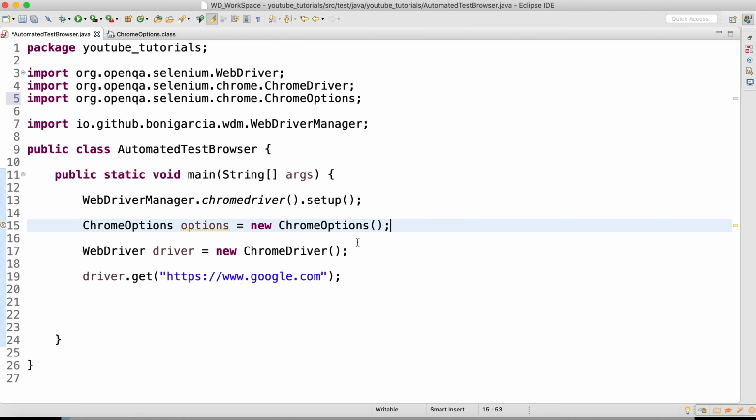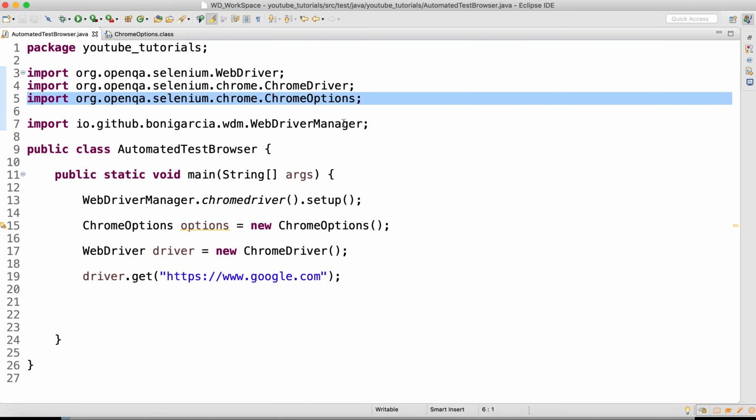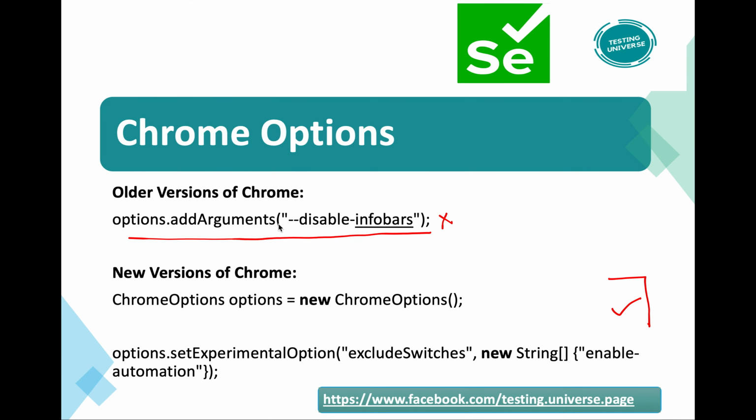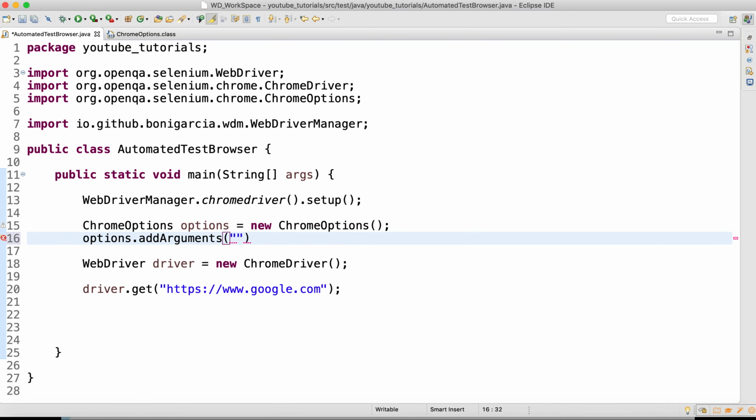This is the class I have imported, and then options.addArguments, in the double quotes I will be passing disable-infobars. Then I have to pass this particular object into my Chrome driver.